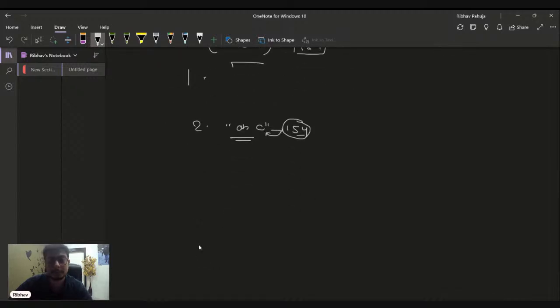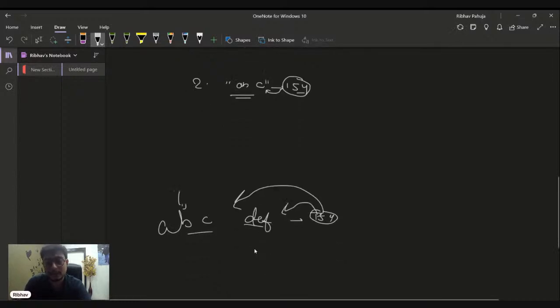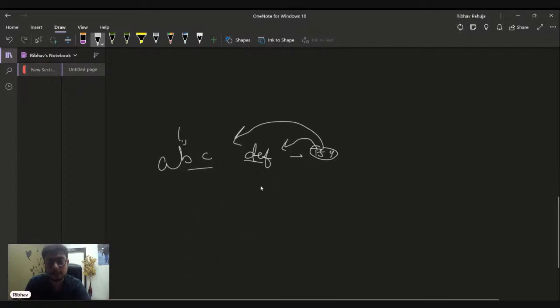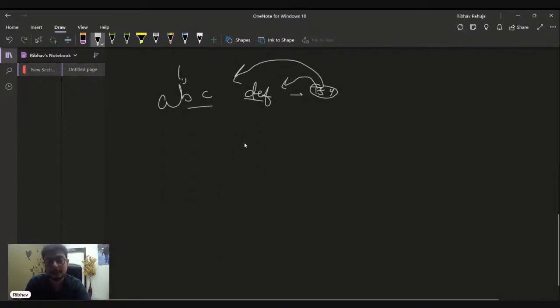This is a particularly rare case wherein, let's say, two keys, ABC and DEF, for example, both give us the same hash value. So let's say they both give us 154. Then we obviously cannot say if the key was ABC or DEF, right? So we cannot tell the key from the hash value of the hash function, right?